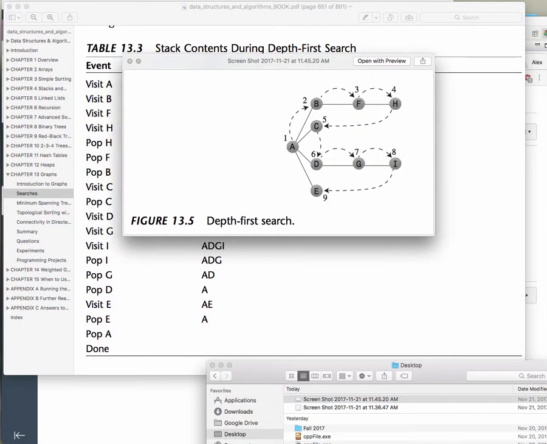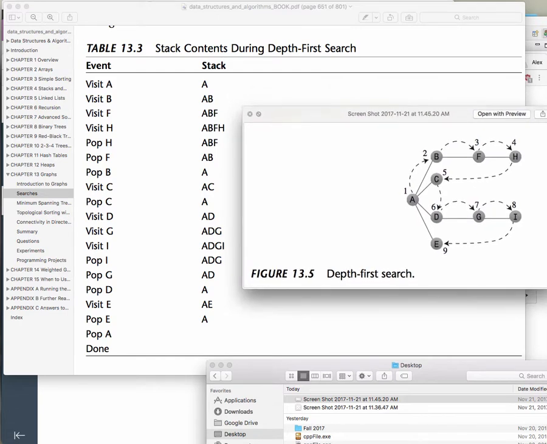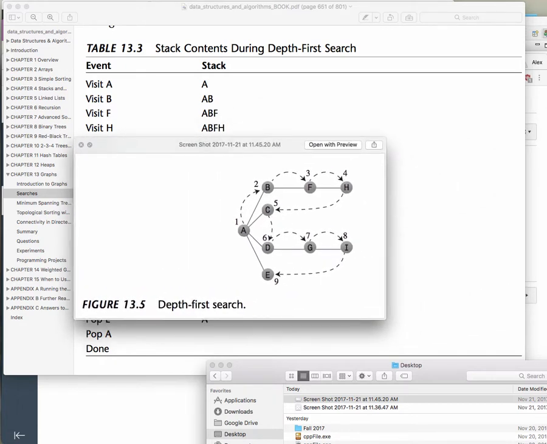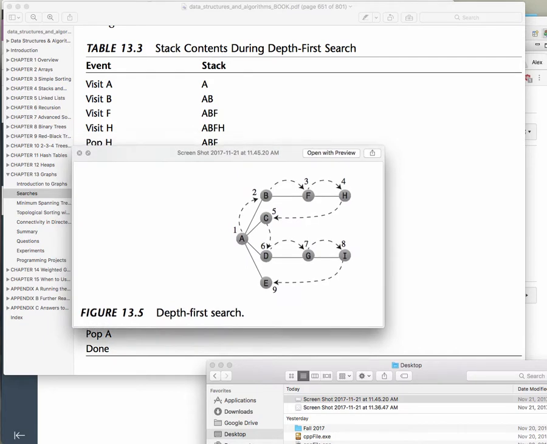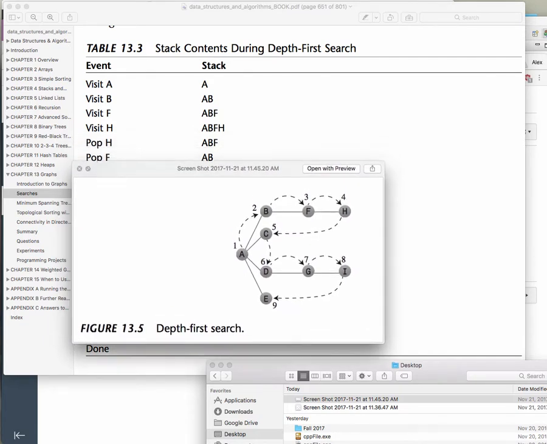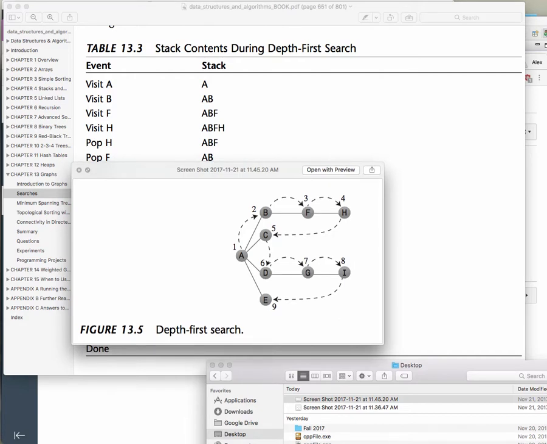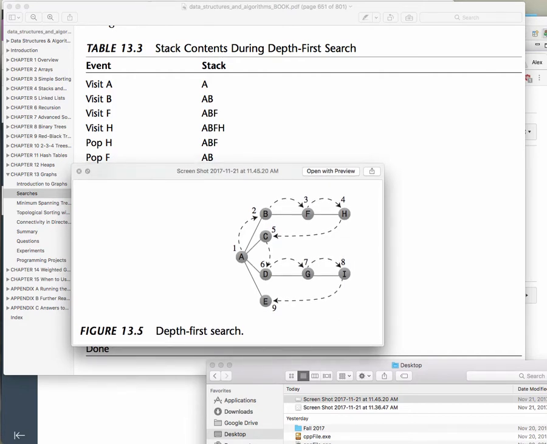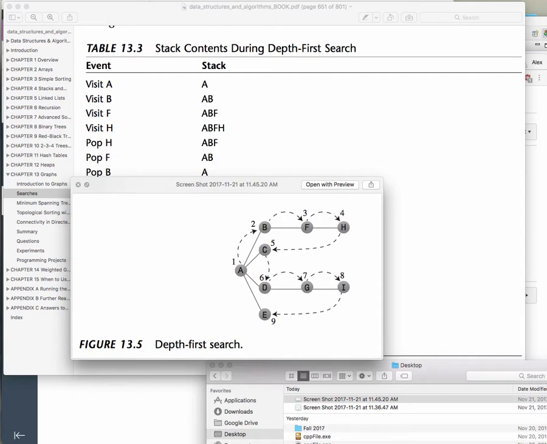All right, so this is my picture. What we're going to do is visit A, B, F, and H, and all of these are being pushed on the stack. When we get to the dead end at H, we start popping things. We pop the H to go back to the B, we pop the F to get back to the B, we pop the B to get back to the A,